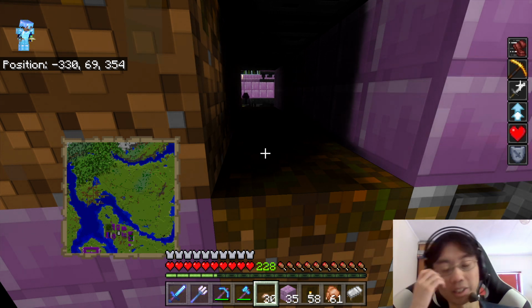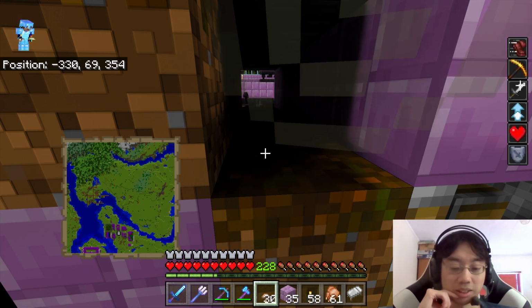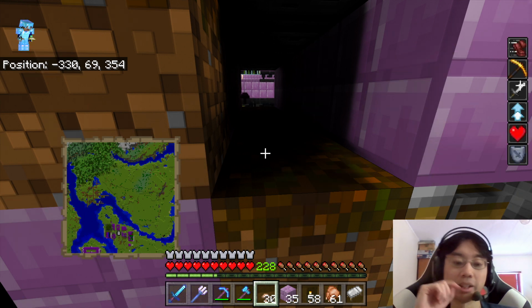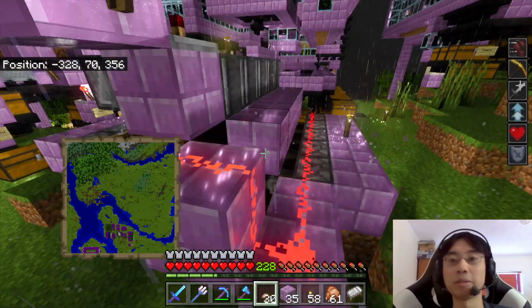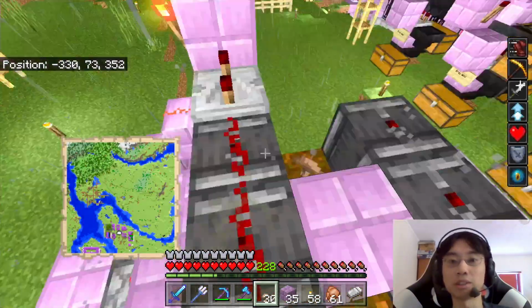Okay, well the other way to do this is use the pistons to break the mushrooms, and then use hopper minecarts. I want to avoid using hopper minecarts if I can. The problem with how slow that thing falls down is that